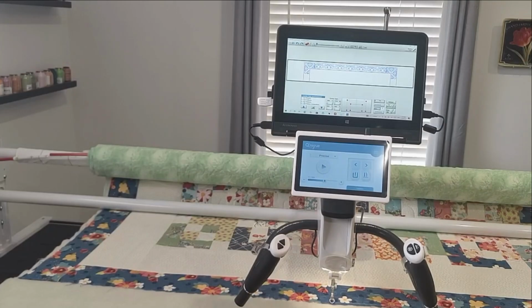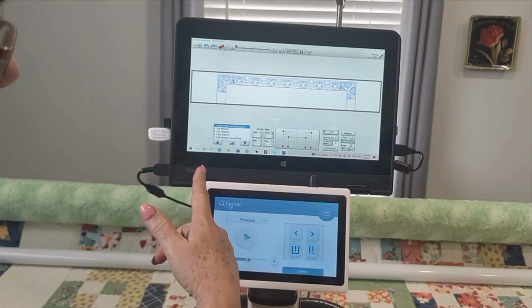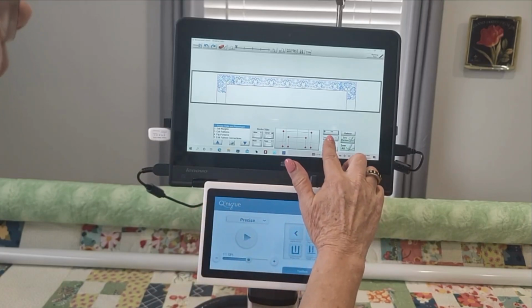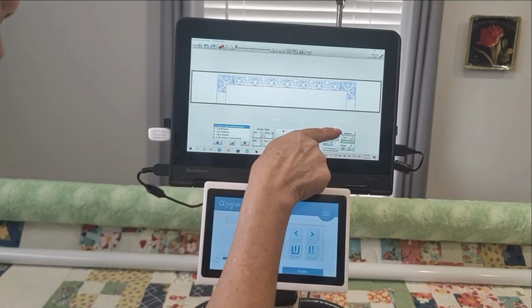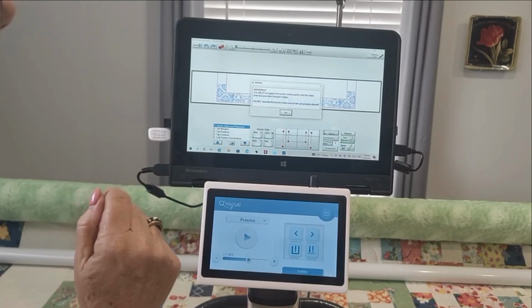Now that our top border has completed stitching, I've rolled on the quilt and I'm ready to set up the bottom part of our border. This is really quite easy. So we're back at our home screen for borders and corners. What I need to do is select this icon here,